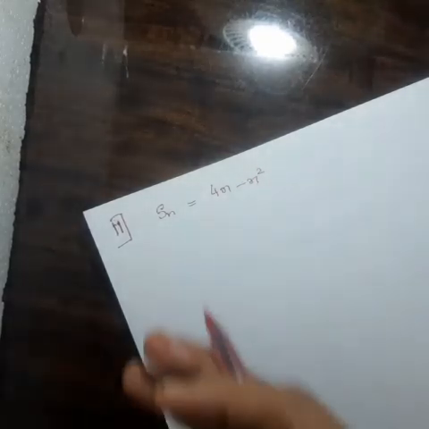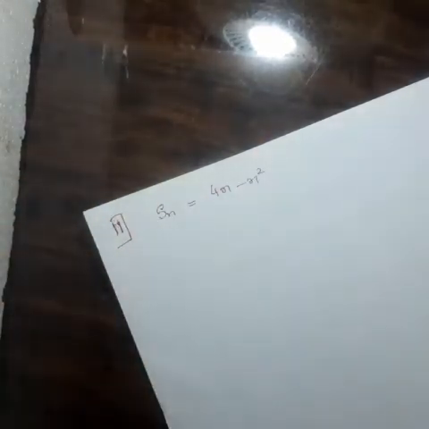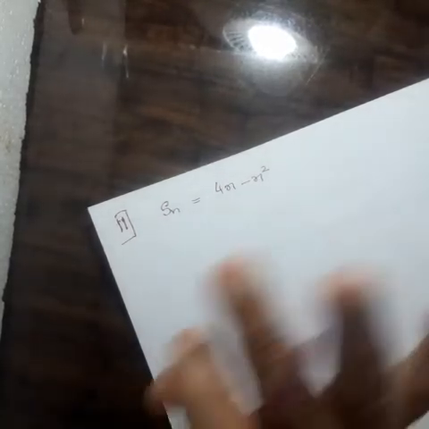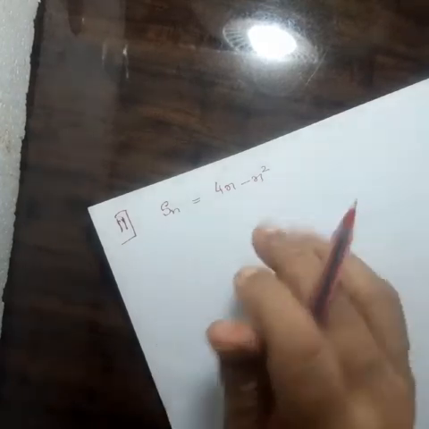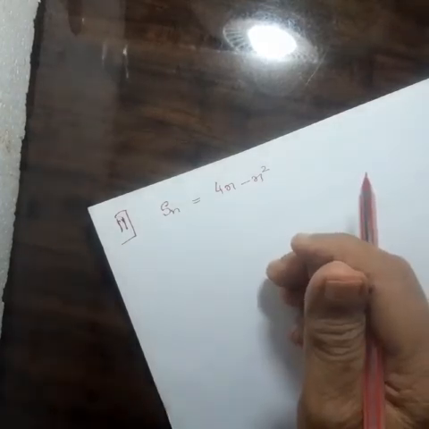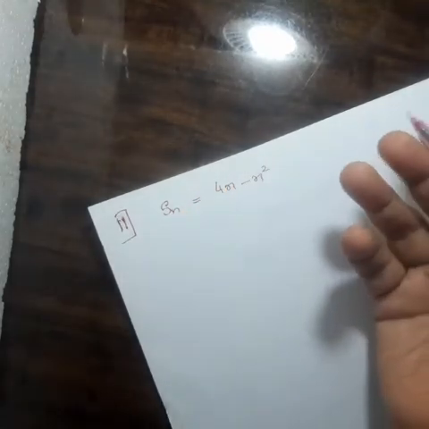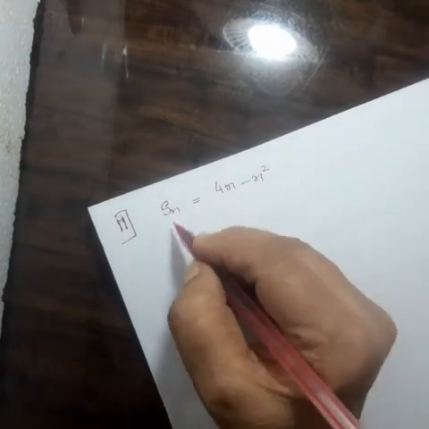It's just like the previous sum, where they gave an, and here they are giving Sn. So it's not an, so you should note it. What is the first term they are asking? So in this, when they have given like this, how to find the first term? Let's see now. Very, very simple.